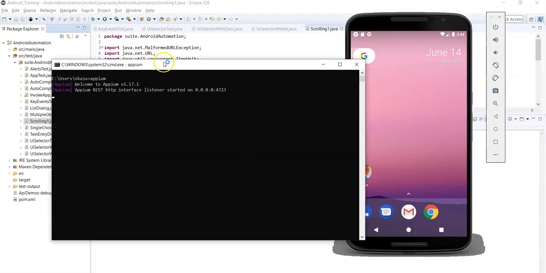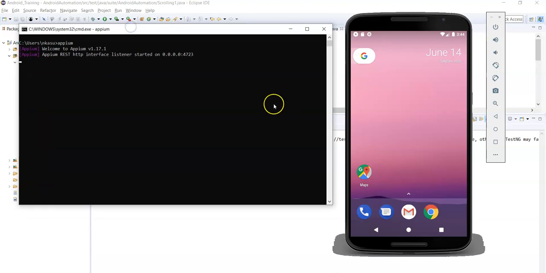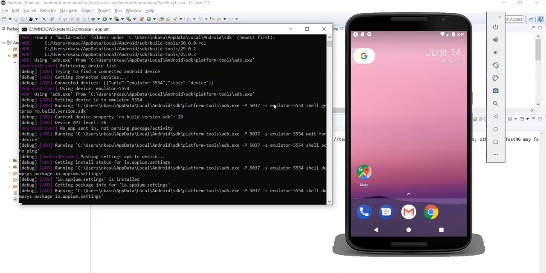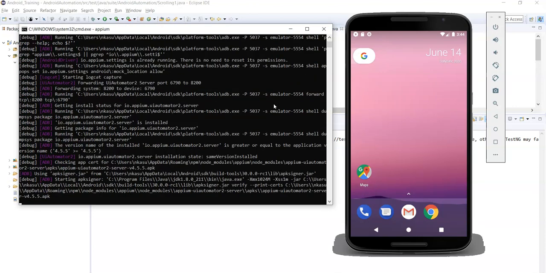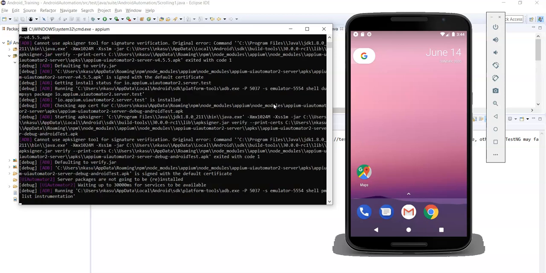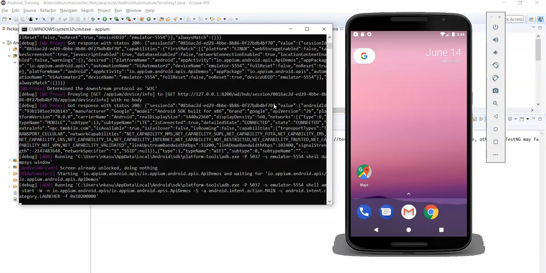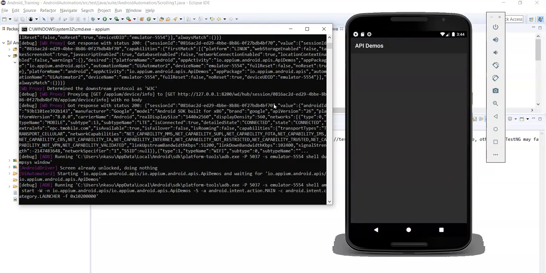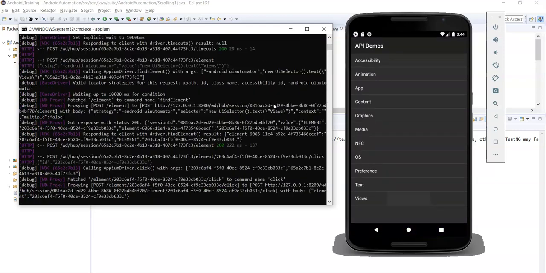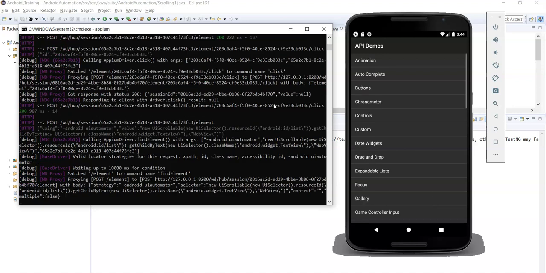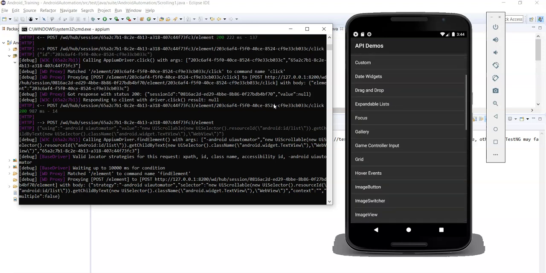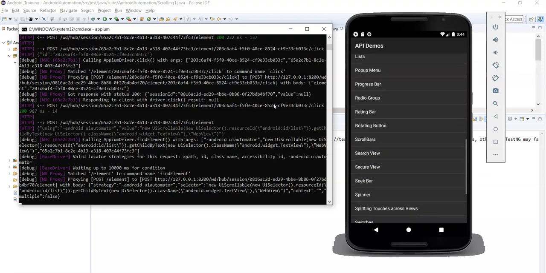Here you can see the logs in the command prompt. The app got opened successfully and then it is performing actions. You can see here it is scrolling down to the element.